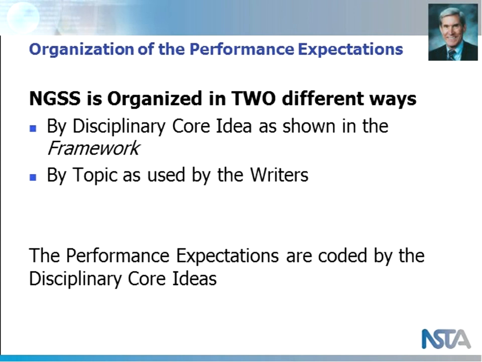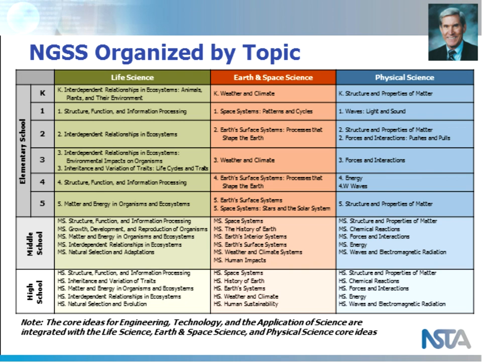We'll briefly introduce you to this, but it'll take your time when you start looking at the standards to really get acquainted with this. This is by topic. I really think this is probably by grade level, but they don't call it that. If you were to open this document tomorrow, the first thing you would see as you scroll down is the Life Science Kindergarten standard page, and think of the whole page as being the standard. It's interdependence, relationships, and ecosystems, animals, plants, and their environment. And it could be a kindergarten standard there.